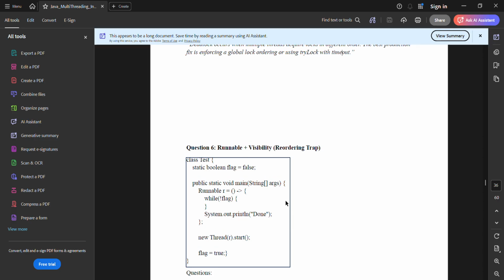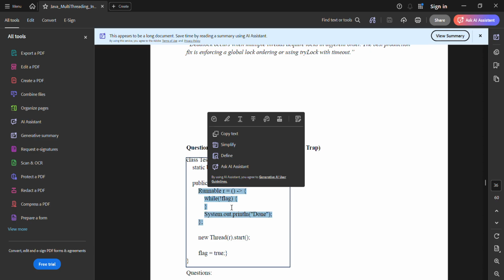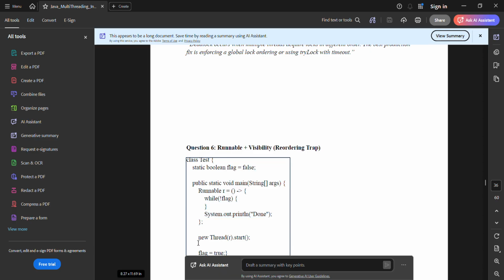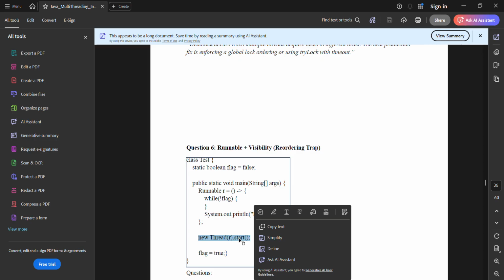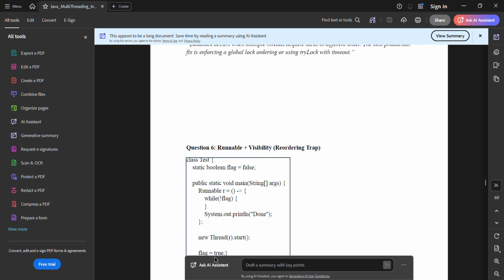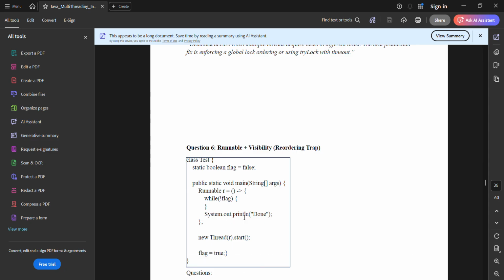Next, this we have seen in our previous section also. I have initialized one static boolean flag as false. I have created one runnable task. Initially it's false. I am calling new Thread(task).start(). I have started the thread. Now after that I am assigning the flag value as true. What will happen, will this keep on running or will it come out? The answer is that it will keep on running, because